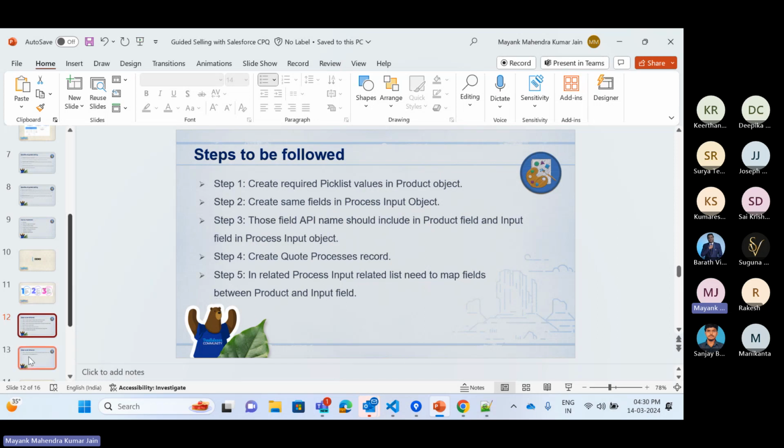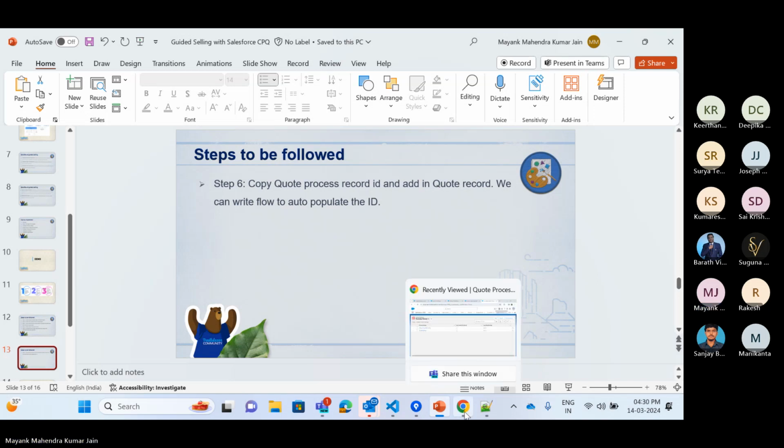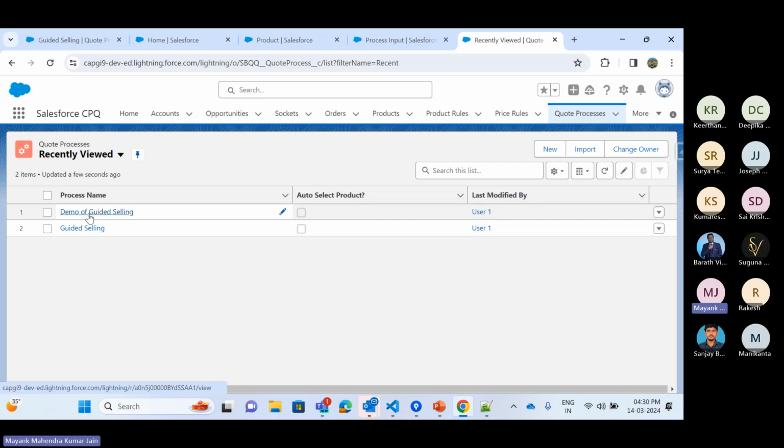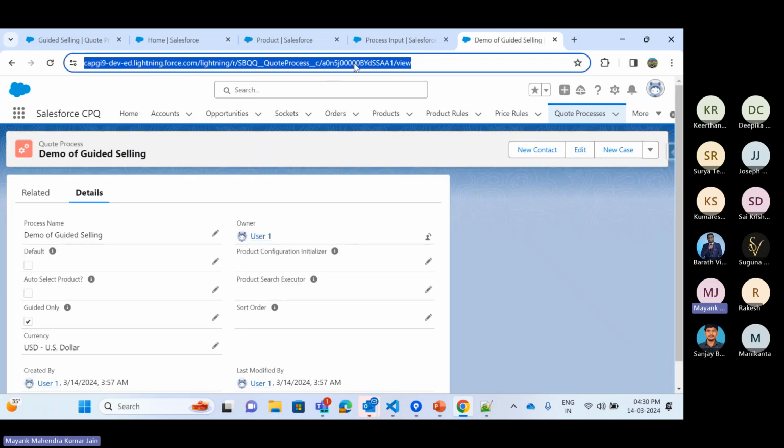So this is done. Coming to the next step, this is a very important step. Without this, the guided selling will not work. So we have to copy the code process record ID and add it into the code record. So this is the manual step, but we can write a flow to auto populate the ID. Okay, so let me show you. So this is the code process we have created. We have to copy this ID